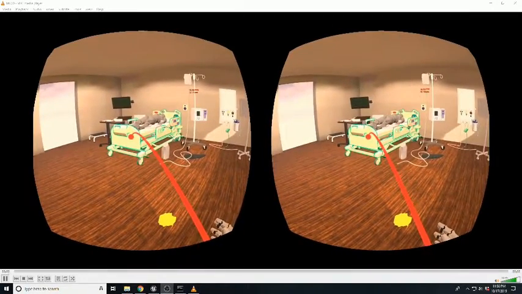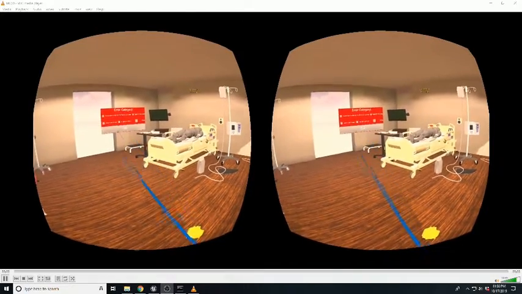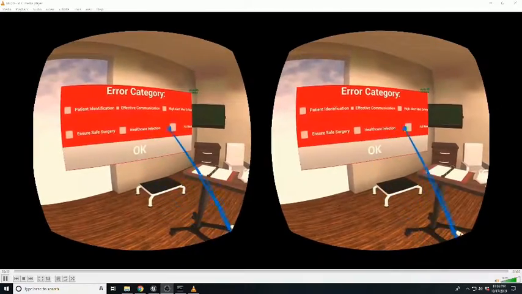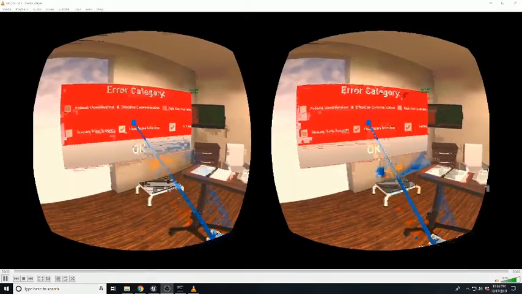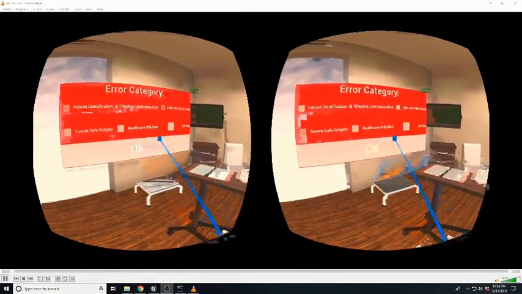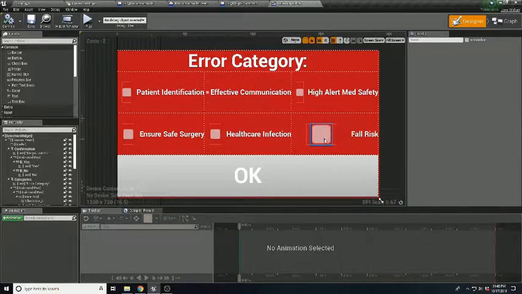And then I haven't actually programmed any of this because I'm sure you guys will change the look of it, but for now, the fact that it's working is perfect. Then they can click, and this is the stuff that Benji sent me, one of these 6 areas of error. When they select that error, eventually we'll be able to record it. I'm not programming any of this because you guys might change the checkboxes however you want to do it. They hit OK, and then we'll send that off